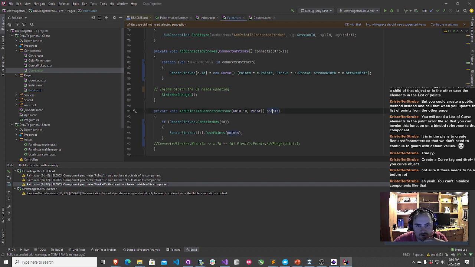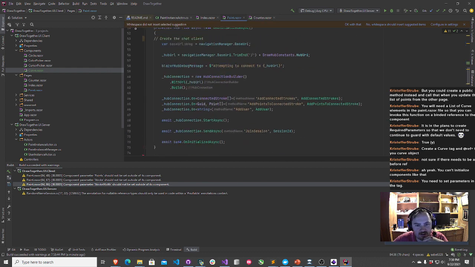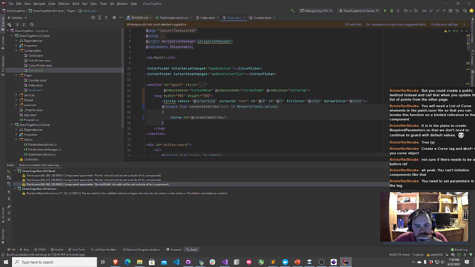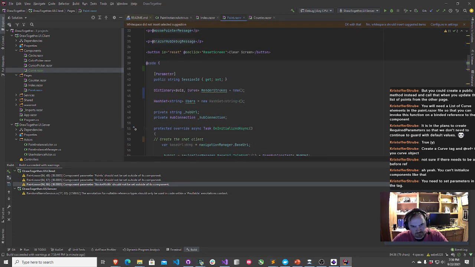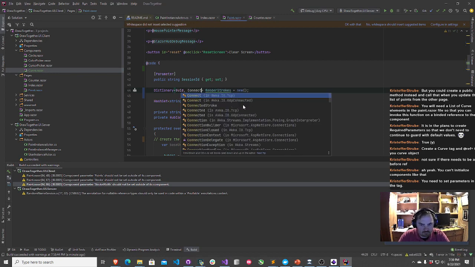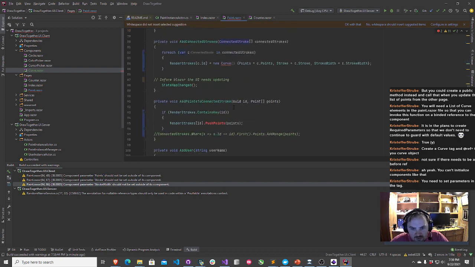Yeah, you can't initialize components like that. All right. That's fair, I guess. You just set the parameters in the tag. Okay. You know what? I think we'll be okay.